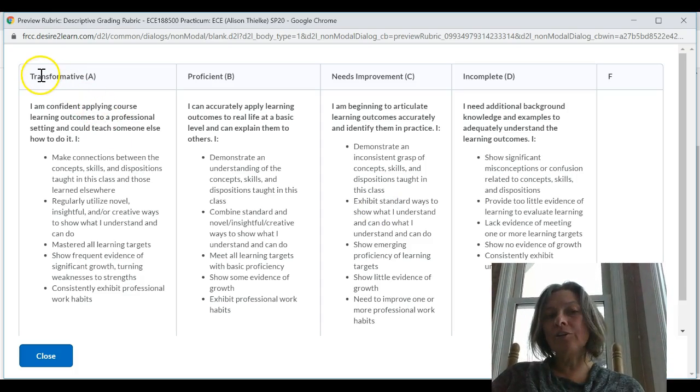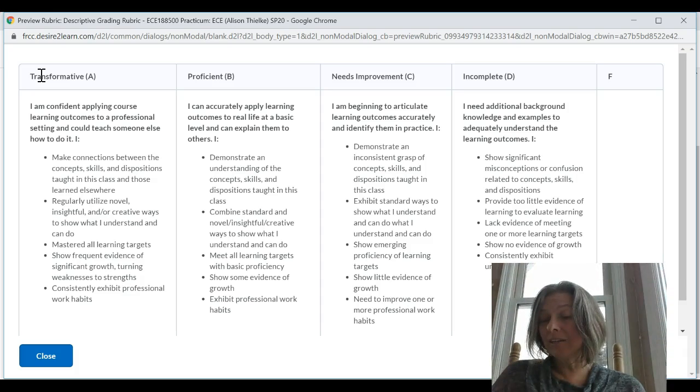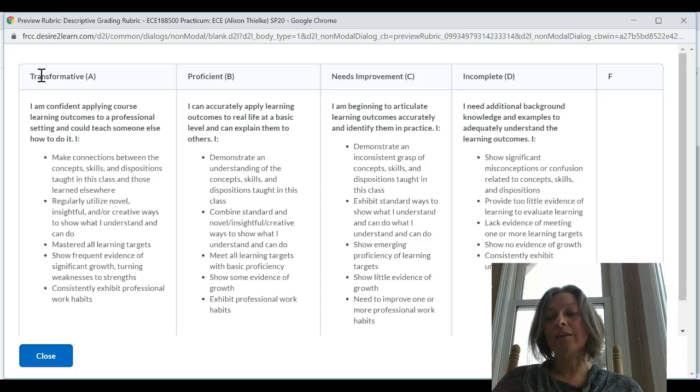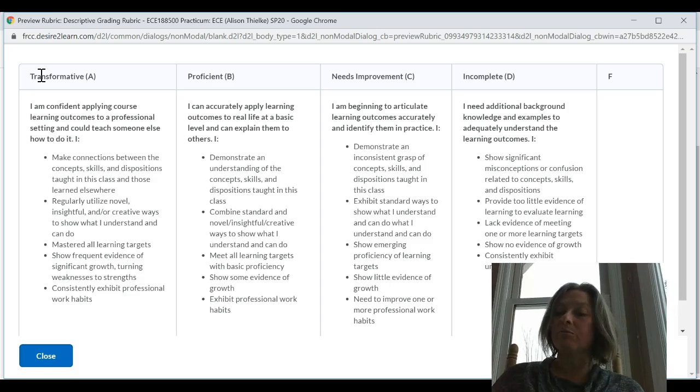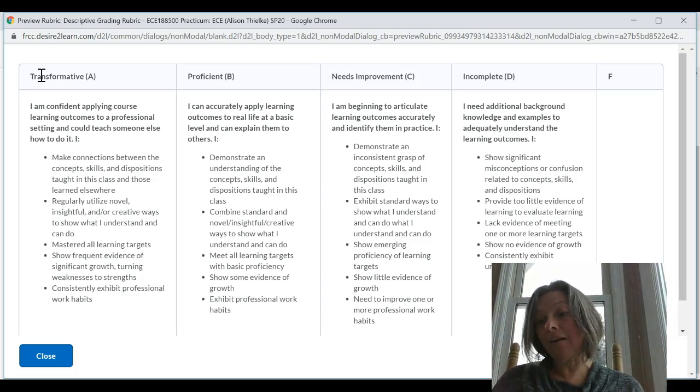So, a transformative grade is really a demonstration that the things that you have learned under the learning target have transformed your practice as a teacher. And that's why the title is transformative. Proficient is obviously a basic level. It doesn't have to be expert level, but at a basic level, are you proficient in those areas? Do you need improvement, or is it incomplete, meaning maybe you haven't turned in half of the learning assignments